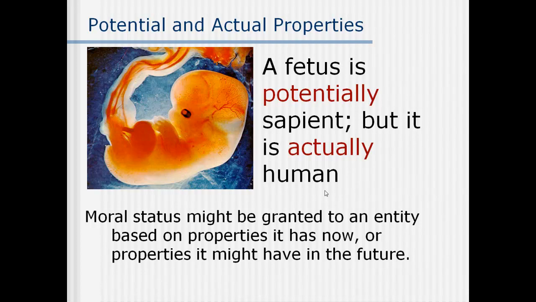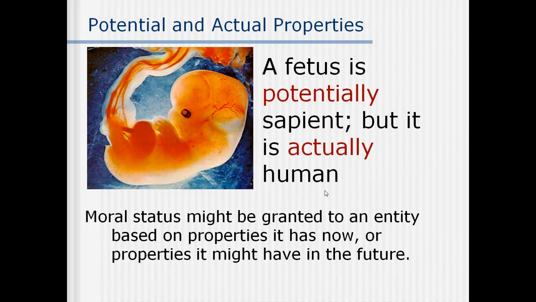One important thing to emphasize, especially when it comes to talking about abortion, is that some properties that bring moral status are actual and some are potential. And you can grant moral status on the basis of either of them. So people will say that a fetus has moral status because of its potential. And there what they really mean is that it is potentially sapient. Now people say this in sloppy ways sometimes. They say that it's potentially a person. Really what they're saying is that it is actually a person because it has the potential to have this mental